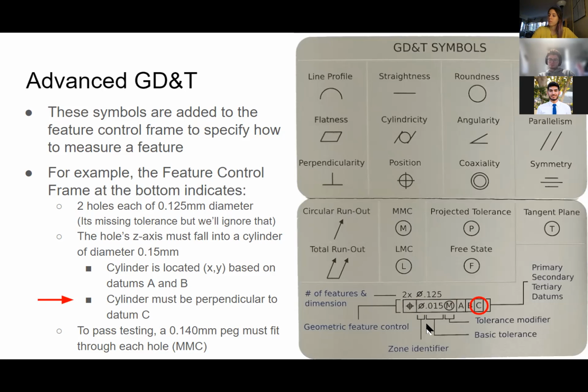And then the last one, which is again the optional one, is MMC, which is maximum material condition. I looked it up real quick just to make sure I don't get it wrong. So MMC is maximum material condition, LMC is least material condition. All that is essentially saying is we want the maximum amount of material